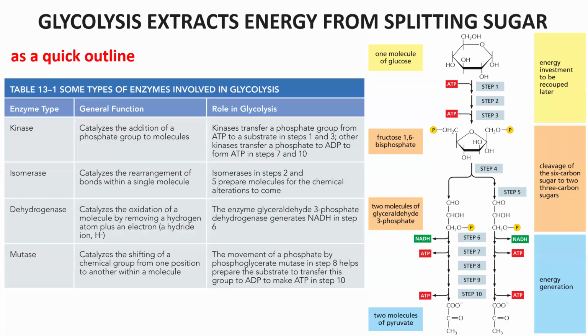Also some useful resources. Table 13.1 in your textbook, regardless of which edition you're using, it'll be table 13.1, goes through the reaction types so that you're familiar with them. We're going to see kinase reactions. As a reminder, kinase reactions is when we add a phosphate group to a target molecule. We're going to see isomerization reactions, which is when a molecule is rearranged. We're going to see one mutase reaction, which is when a functional group is rearranged, not the whole molecule, but a functional group is moved, and the mutase reaction we'll see will be moving a phosphate group.